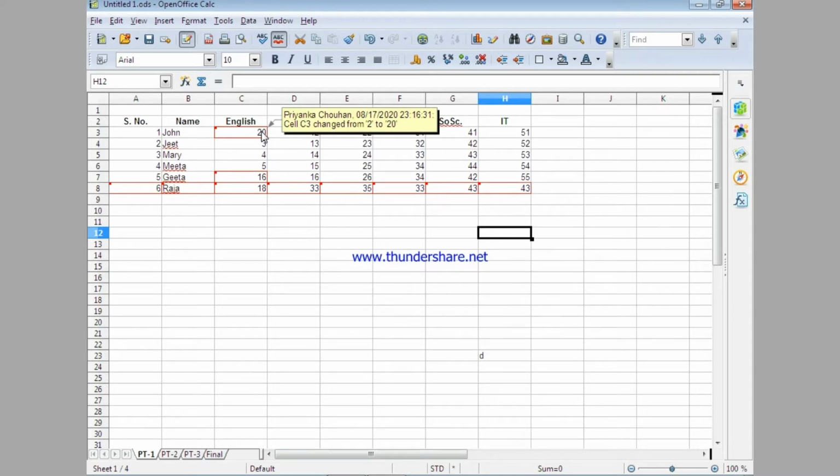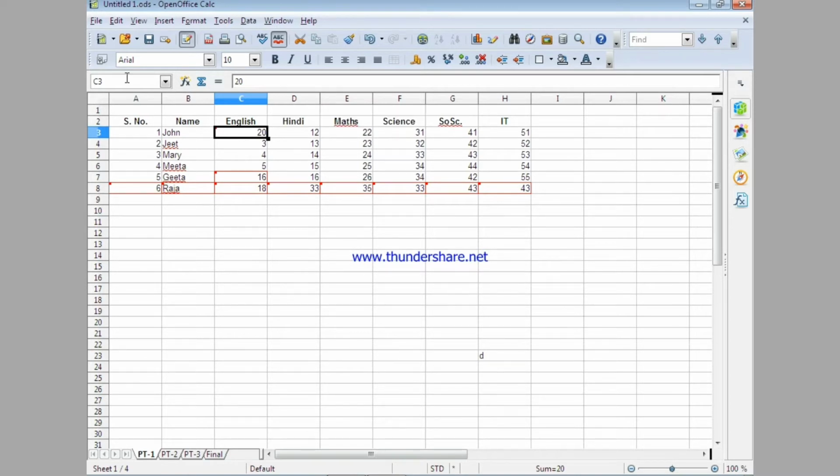So these comments contain the information regarding the change so that it can be easily reviewed by some other person. That means if any other person comes to review the changes, he or she can hover the mouse here and see who has made the change, when the change has been made and what the change has been done, so that it can be easily reviewed and judged. Now additionally we can add some more comment to the comment. To add a new comment, what we have to do? First, select the cell where the change has been made so that we can add a comment.